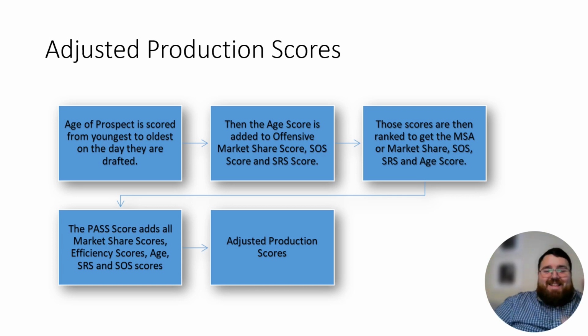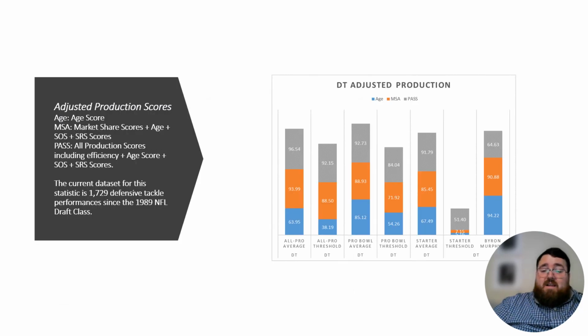But here's the thing, guys. Adjusted production scores take into account how good of a team they were on. They take into account the level of competition that they face in terms of the strength of schedule. They take into account how old the prospect was. And when you look at his adjusted production scores,